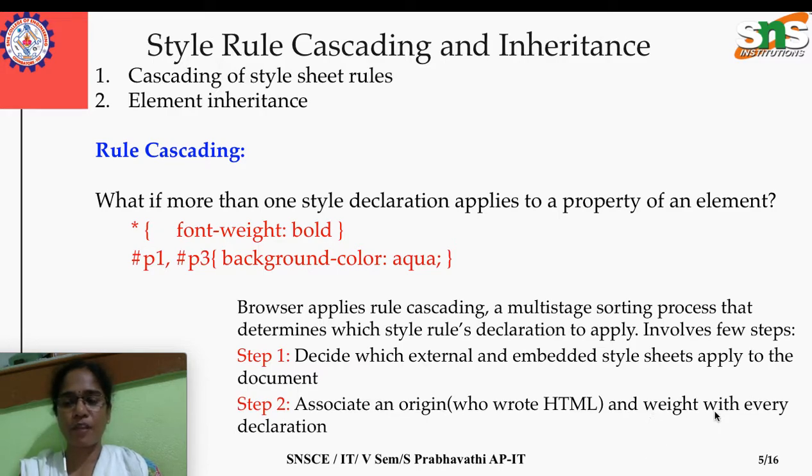When defining styles, there is a concept called weight. Weight means giving more importance to that style. For example, if I have an ID here, paragraph P3, with font weight normal, and if I give the weight to be important, that will be picked rather than the other one.